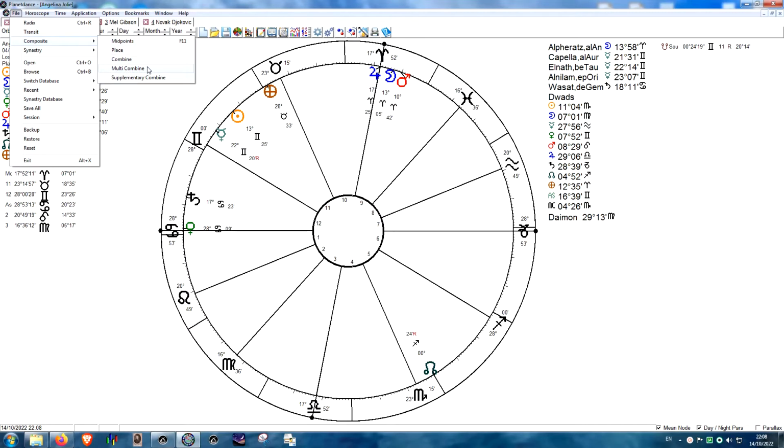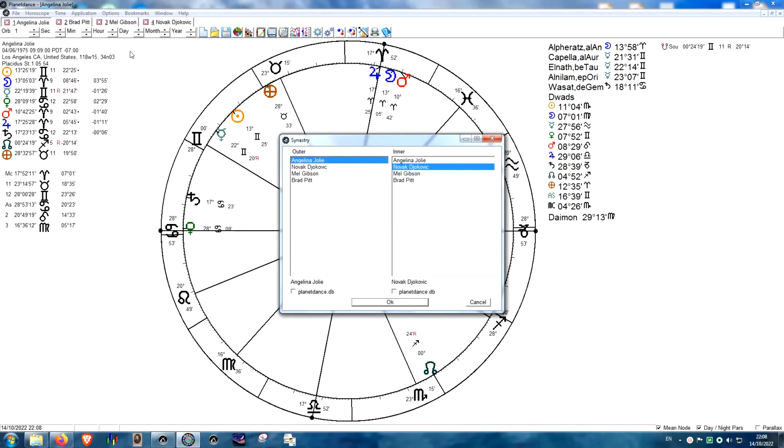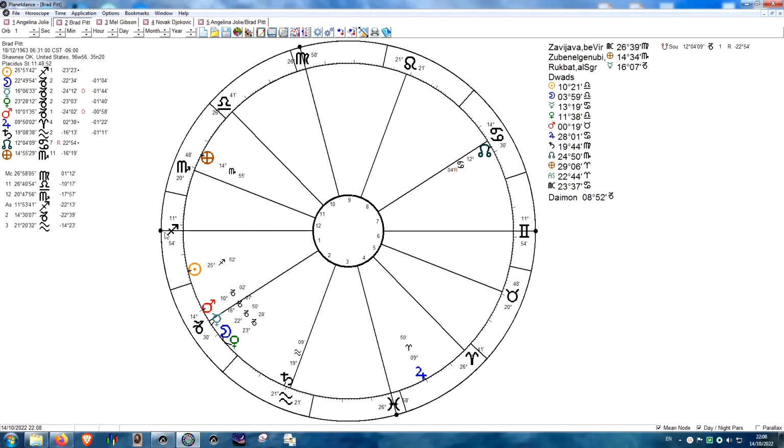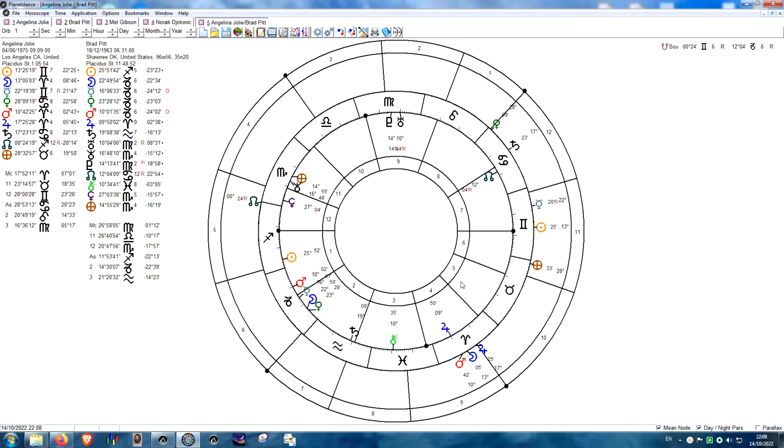Again, this is modern stuff. I don't use it, but synastry is useful, obviously. So by wheel, we can have Brad Pitt in the inner chart, and in the outer chart Angelina Jolie. Just press OK, and now we have Brad Pitt on the inner side. Brad Pitt has Sagittarius ascendant, as you see, and Angelina Jolie is on the outside. She has Cancer ascendant, and